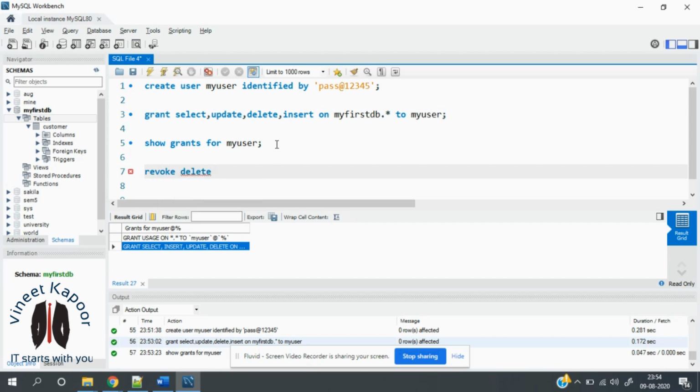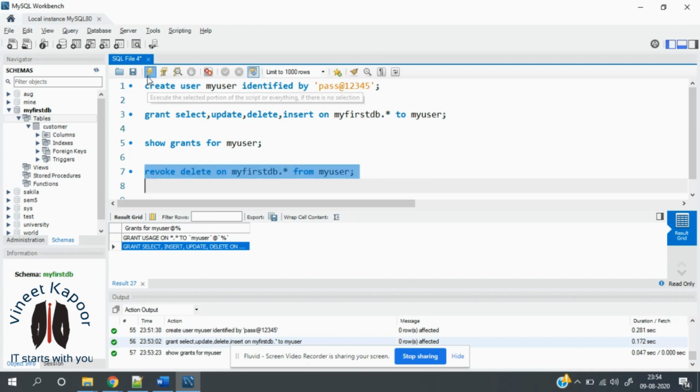So you have to revoke delete on which database? myfirstdb database dot every table, from which user? myuser, okay. So what you are doing, you are revoking myuser's permission to delete from this myfirstdb database, every table, okay. So let me run this.